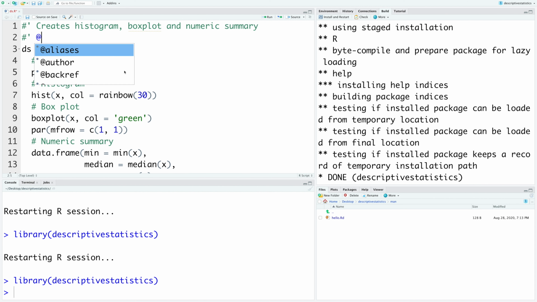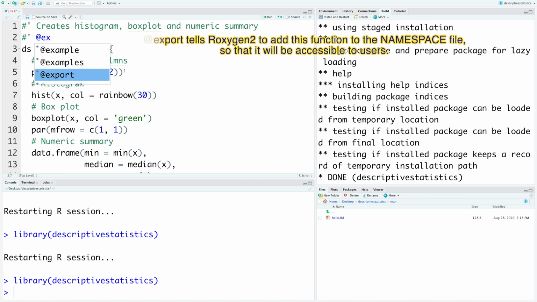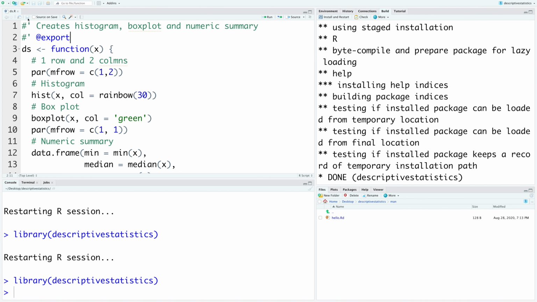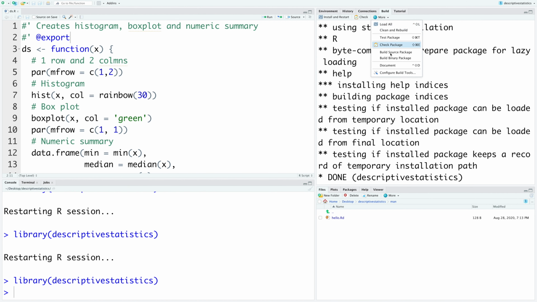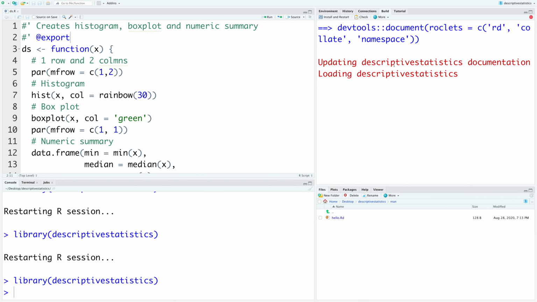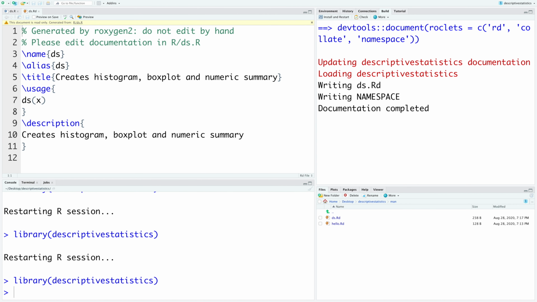We'll also add @export and save this. Let's clean and rebuild. Document. So under man we have ds.Rd.